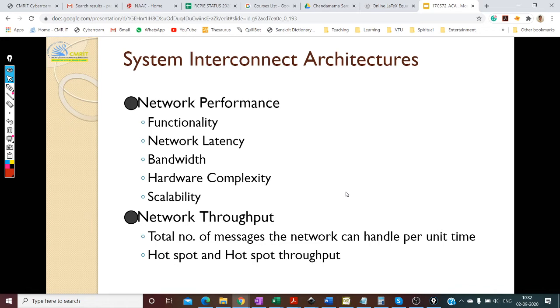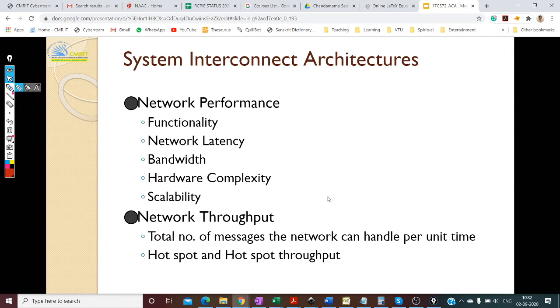For example, like I told you, you have two clusters of 1,000 processors each, but there is only one link that connects these two clusters. Then that link becomes the hotspot, and the nodes that connect to it become hotspots too, so they are going to be overburdened. That's what a hotspot means.